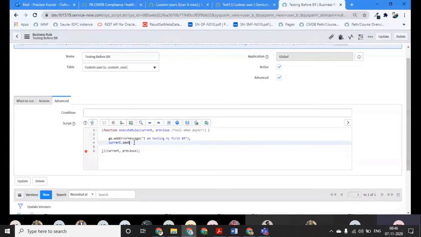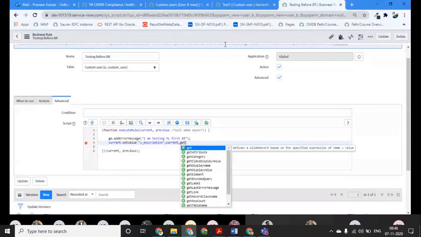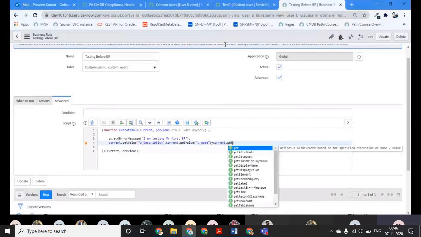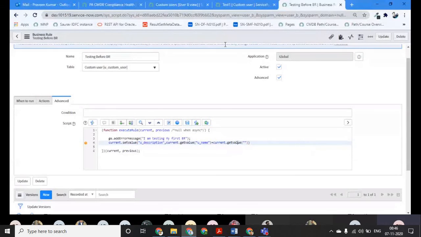In this case, what will happen? u_description, comma, current dot get value of u_name plus current dot get value. Let's give a space also between them. u_email,